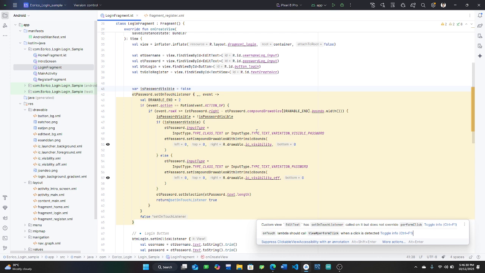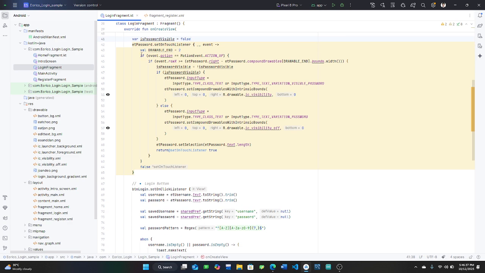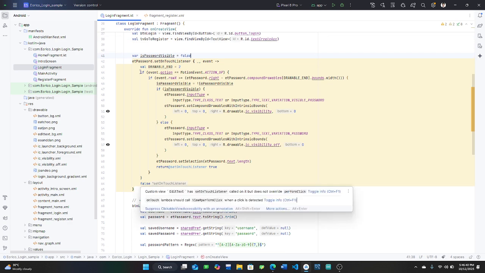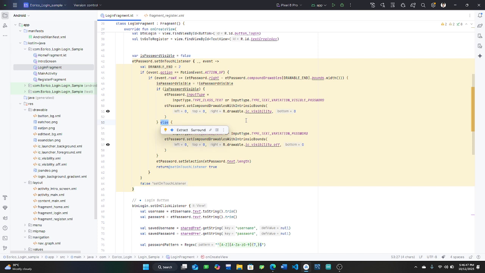Okay, so let's move on to the if event action. In simpler words, if it is clicked, it will automatically show, and else it sets the input type equals input type. So basically in our if and else statements, it will just show and it will just hide the password.